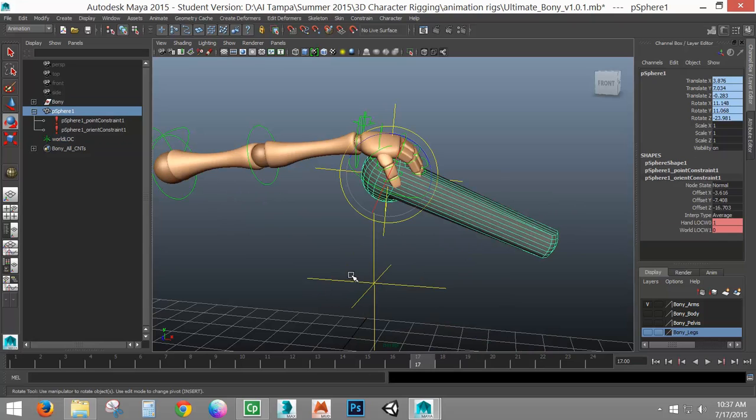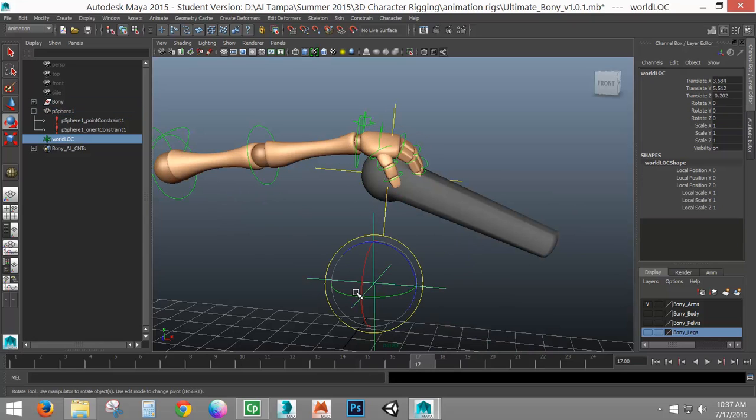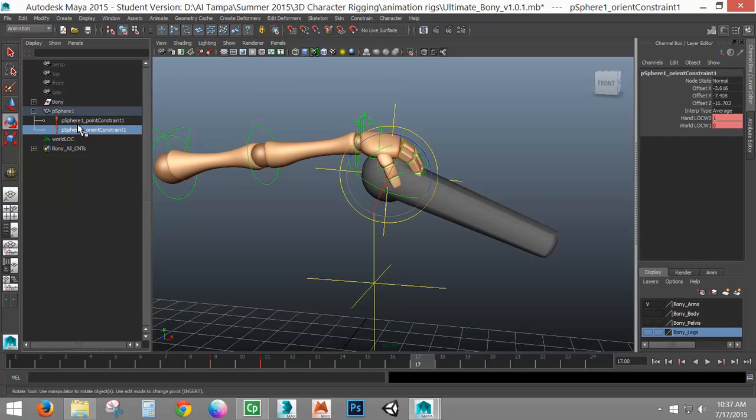And again, the idea, you animate the locator. You no longer animate your object. And then that should work. And again, if you're finding it difficult, if it doesn't work, remember that constraint is still connected to that object. Delete it and try it again.